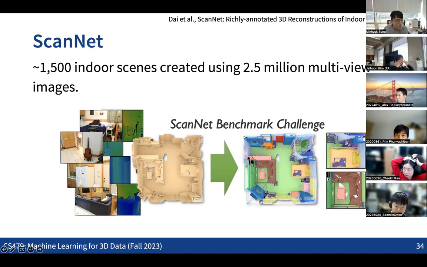ScanNet is an indoor scene data set, a real scene data set captured from multi-view images, basically videos. There are more or less 1,500 indoor scenes created by collecting 2.5 million multi-view images. So this is quite a huge and very complex data set.